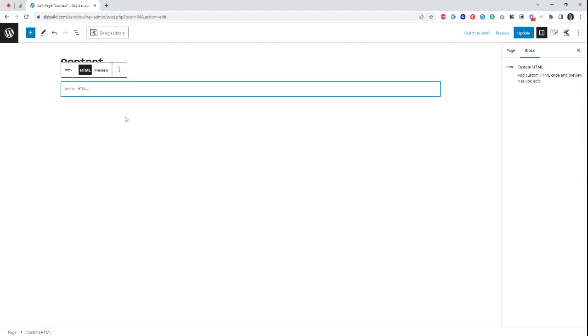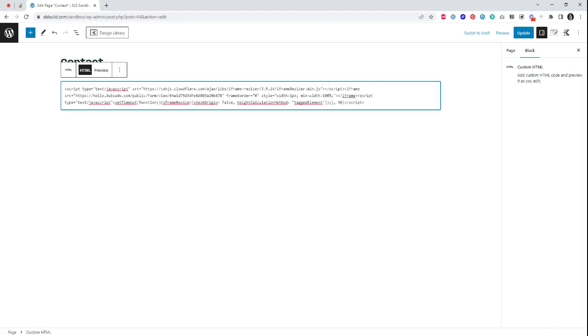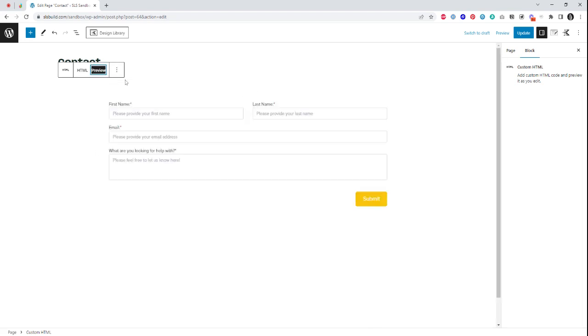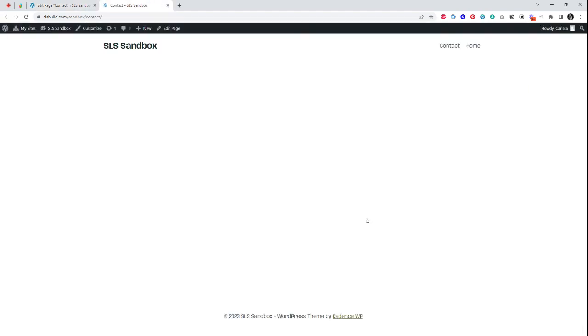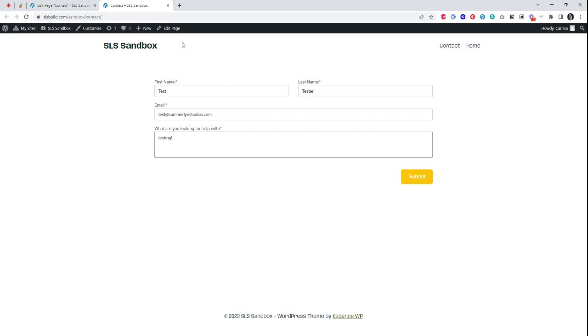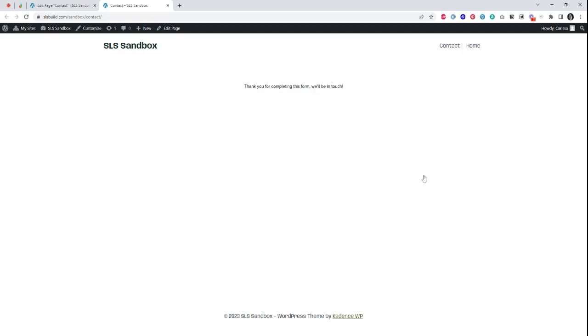And then you just get this block with some text, and we're going to paste in that text that we just copied. Then we can preview it right here to see what it will look like. If I click preview, it's going to pop up my form. I'm going to save my page and show you what it would look like on the live page. So there you go, we have this little form now, and you can fill it out. And when we click submit, you'll see that little message that we had put on the form,